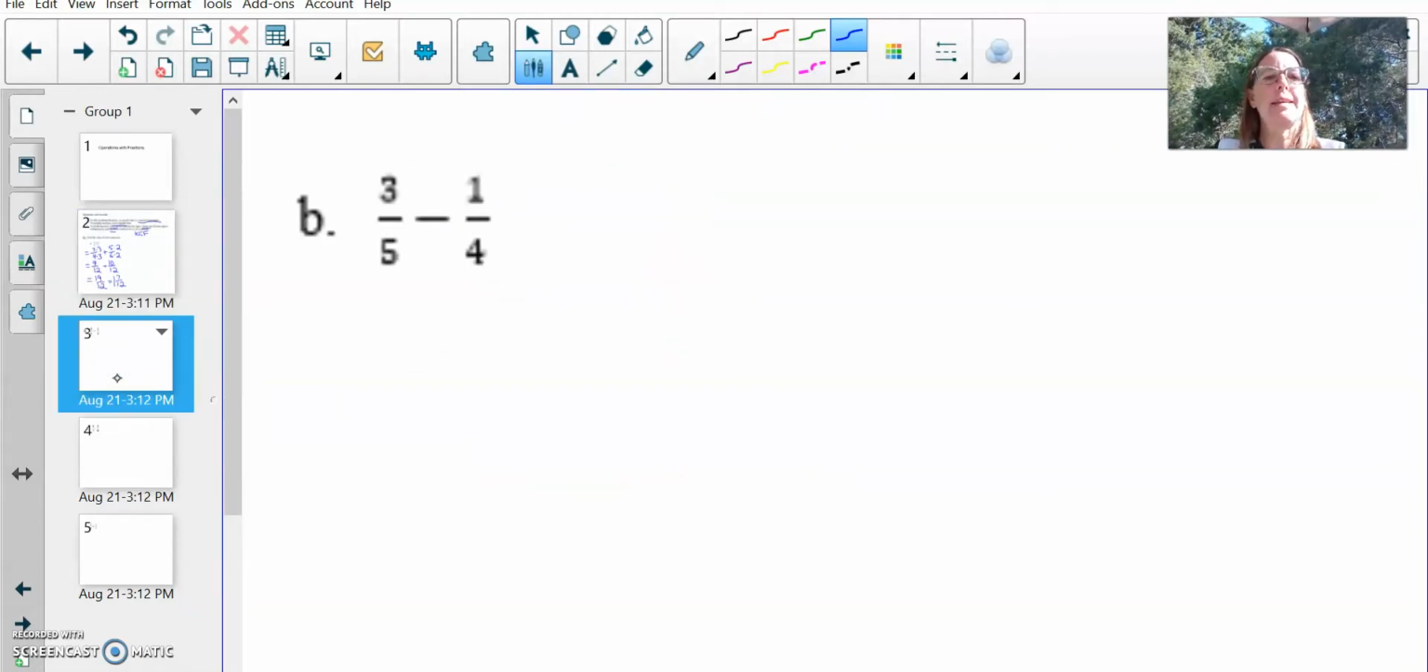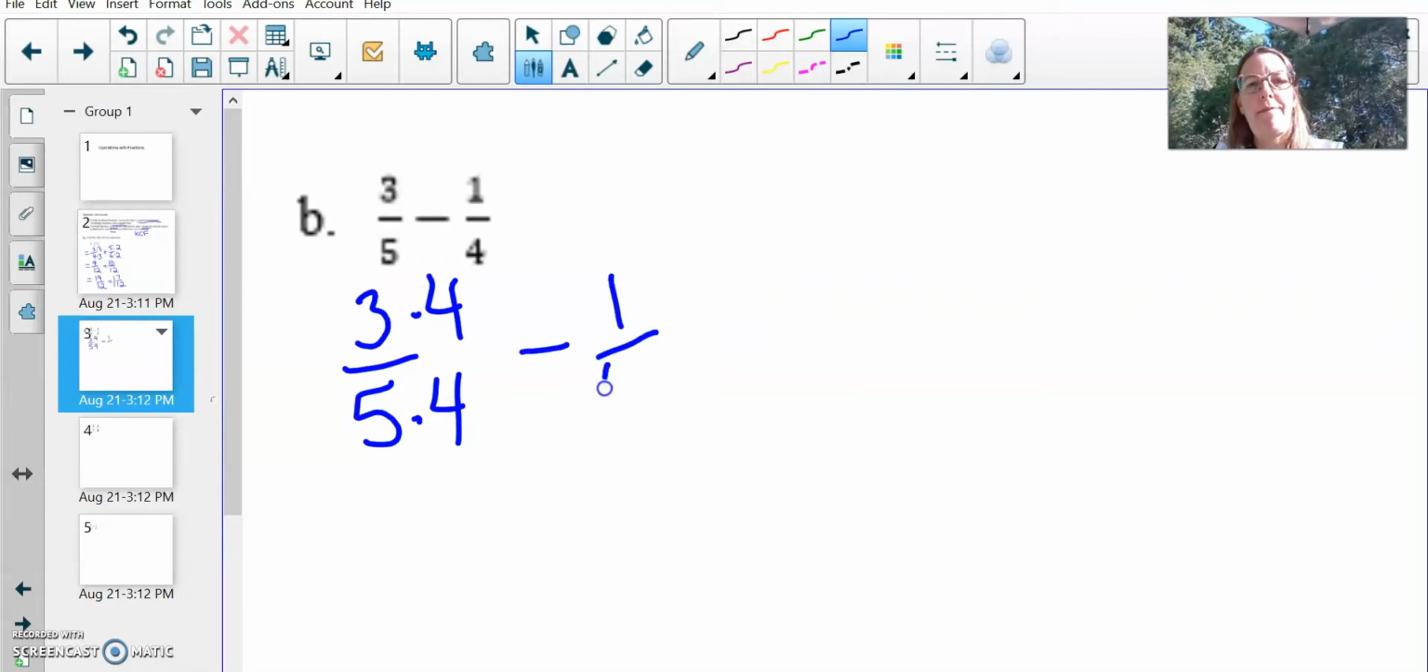Looking at our next example, 3/5 minus 1/4. Again, I need to have a common denominator. For 5 and 4, the smallest number evenly divisible by both 5 and 4 would be 20. So rewriting the first fraction 3/5 with 20 as my denominator, I have to multiply both the 3 and the 5 by 4,